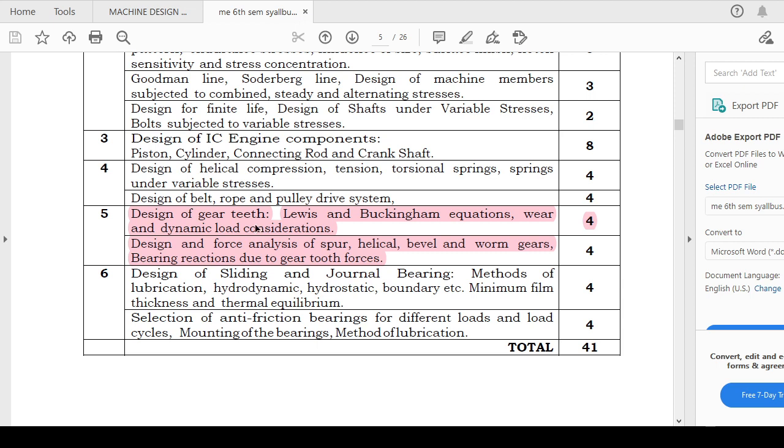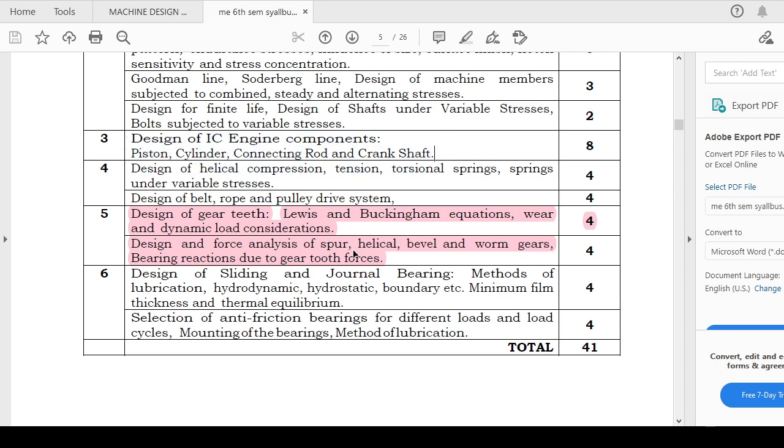Okay, so today we are going to start the helical gears, and in due course of time we will also discuss the bevel gear designing and worm gear designing. In this way we will try to cover the whole syllabus of unit number 5. After that we have also covered bearing consideration, spring. So at the end we will try to cover unit number 3, which is designing of IC engine components.